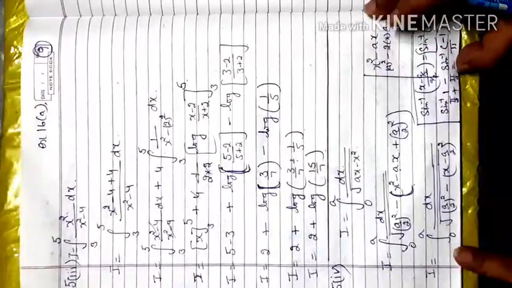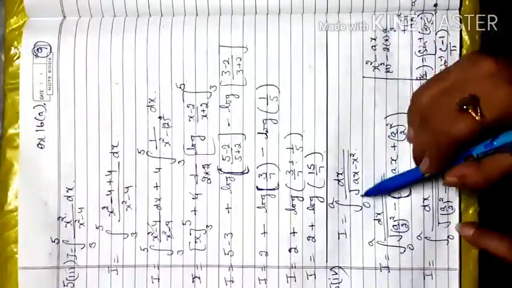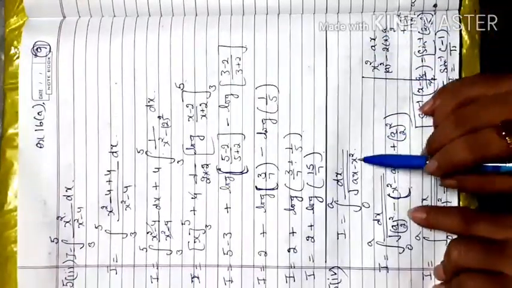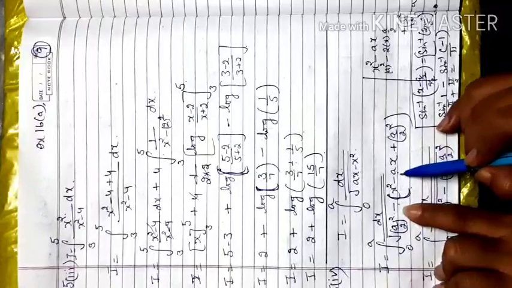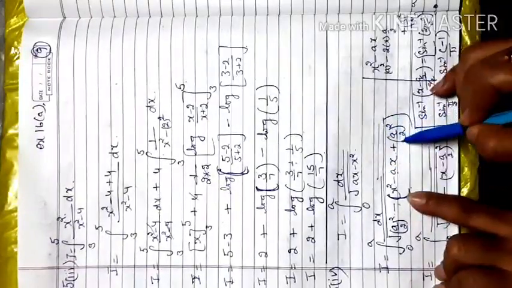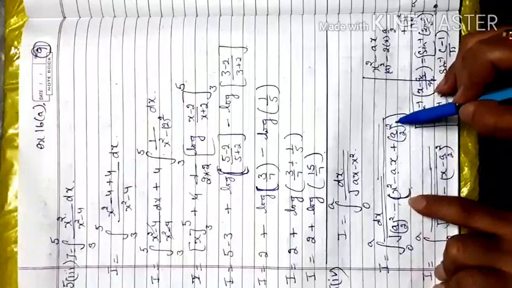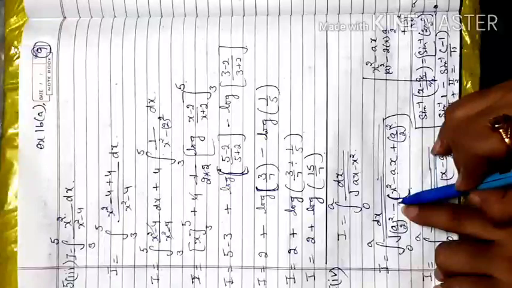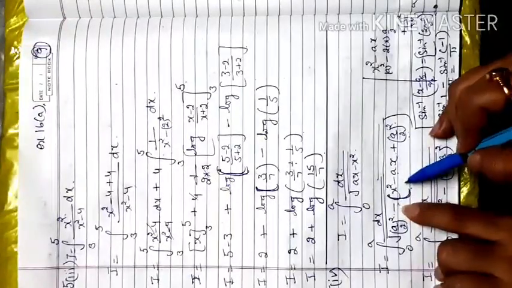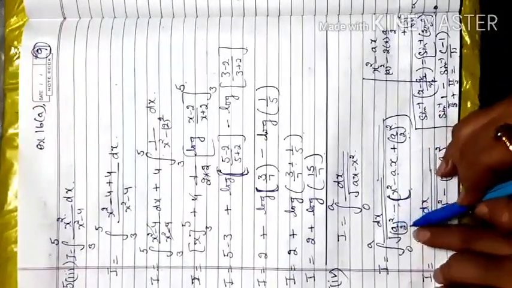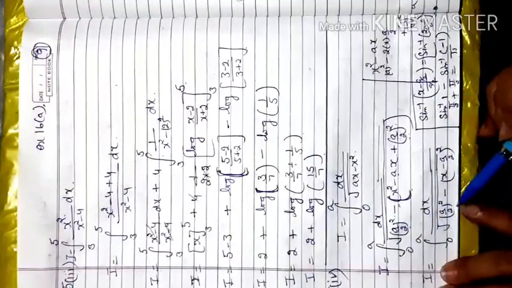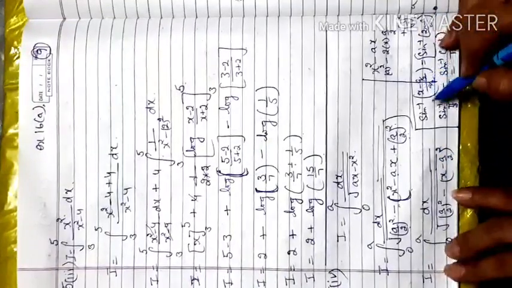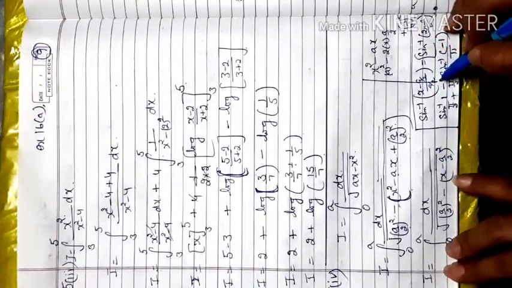Next is fifth question, fourth part. Here under the square root, that is ax minus x square. Then you separate the terms to make a perfect square. Keep the negative sign outside: x square minus ax, and add a by 2 whole square in place of b square. It is added from my side, but actually the negative sign is outside, so in the question it is actually going to be subtracted. So we add a by 2 whole square to make a perfect square. So again this is in a square minus x square form. We apply the sine inverse formula: sine inverse of x minus a by 2 upon a by 2.